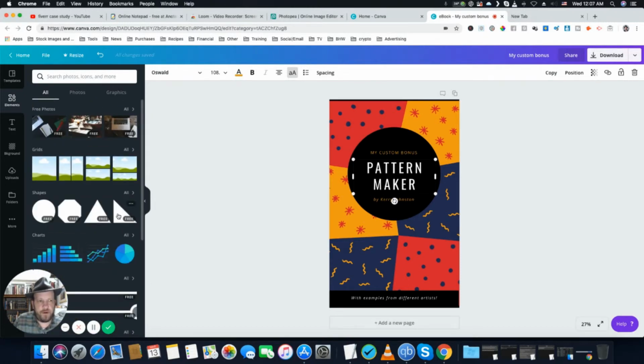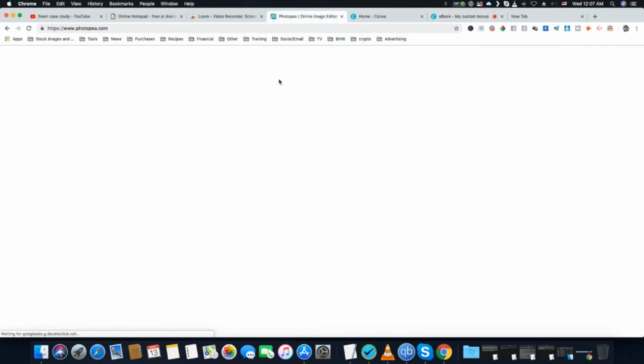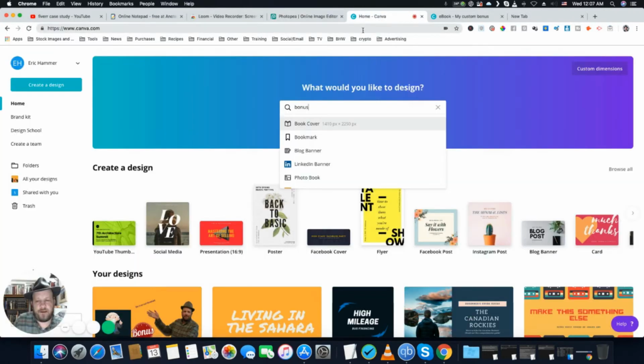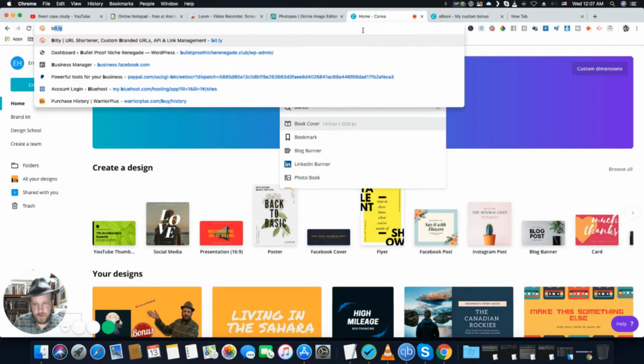I do want to show you another website, which is a little bit more complicated to use than Canva. But if you want to do more high-level editing, this is called Photopea, and it's one of my favorite websites. The nice thing about Photopea is that you don't just have to use whatever is inside of Canva. You can actually go out into the web, and we can go into Google. Actually, we'll just type it in directly and look for bonus